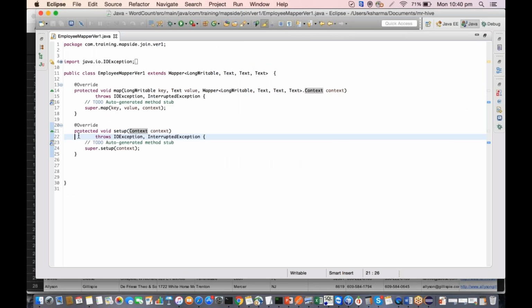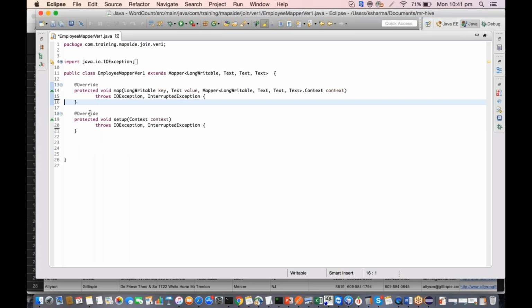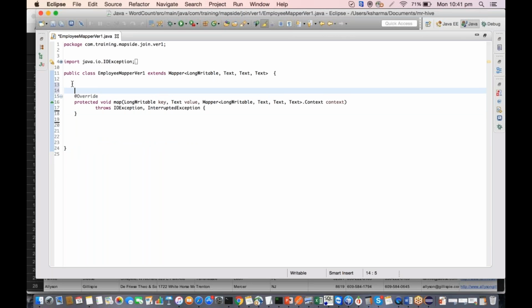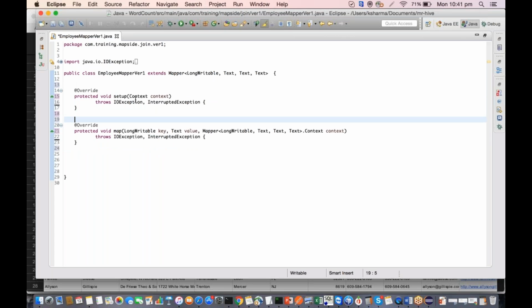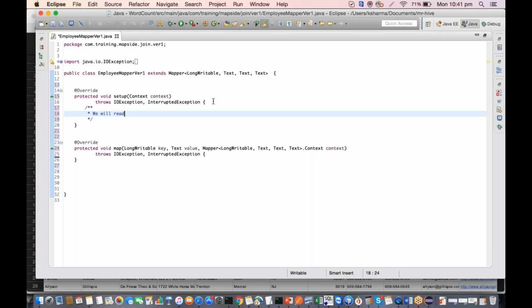As I've told you, okay, so this is our setup method, which will be called only once before starting the map task. Now in this setup method, we will read the file